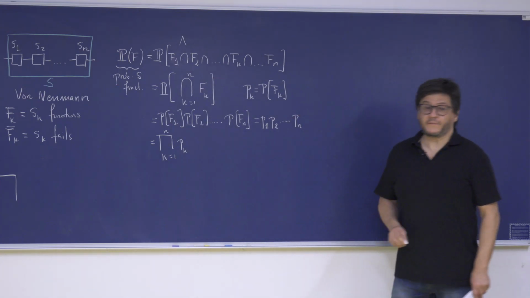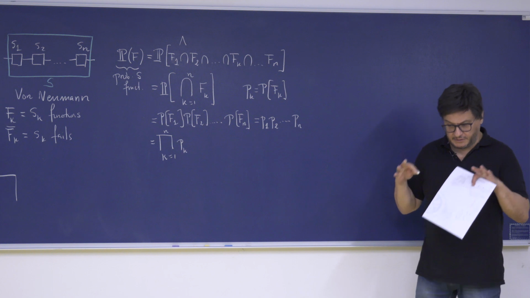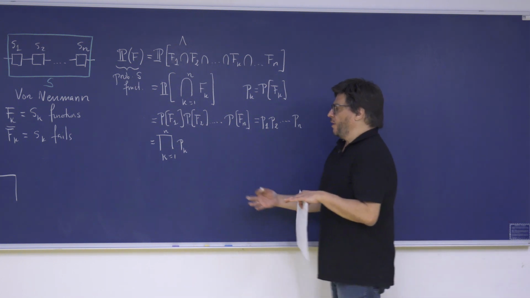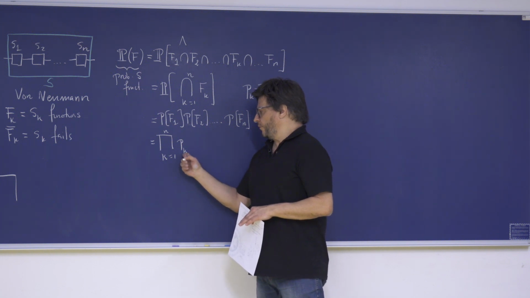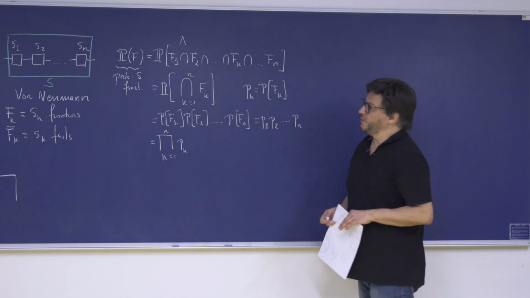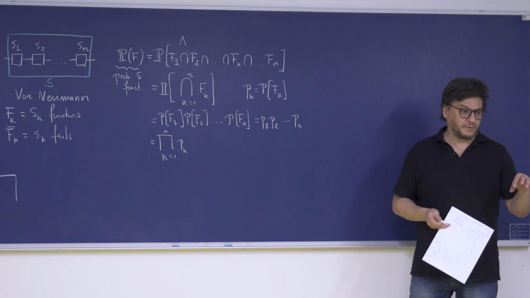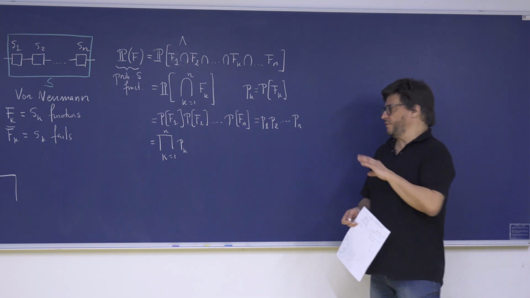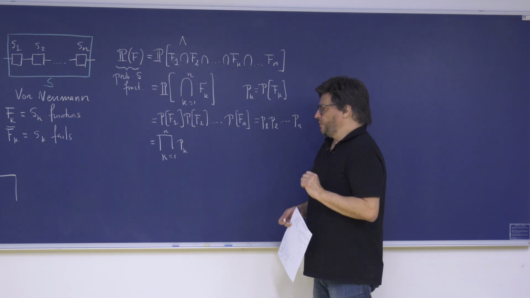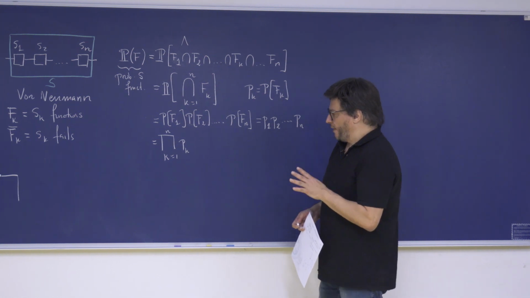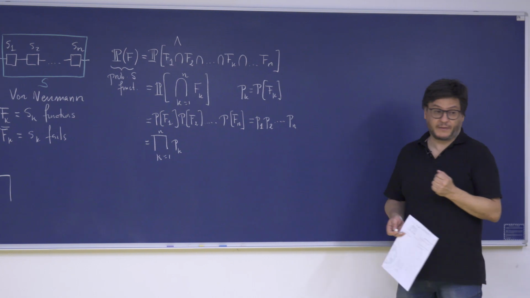Okay, we have it, right? The probability that the system functions, depending on how reliable all the elements are, is this. So we have a relationship between the system's behavior and the behavior of the units in the simplest mathematical form, okay? To see more clearly, in a more intuitive way, what the meaning of that is,